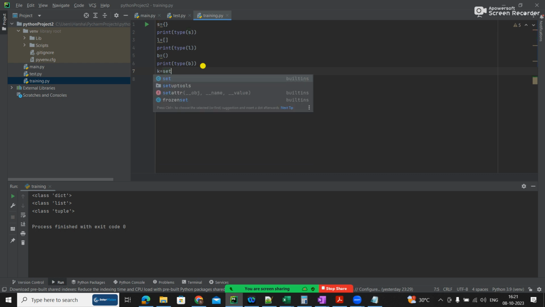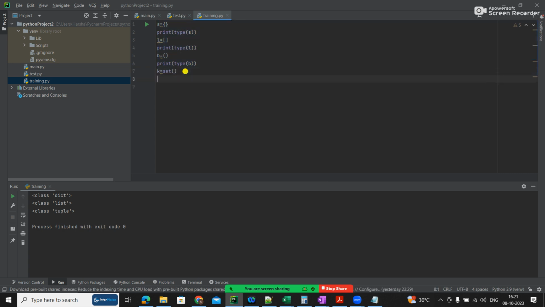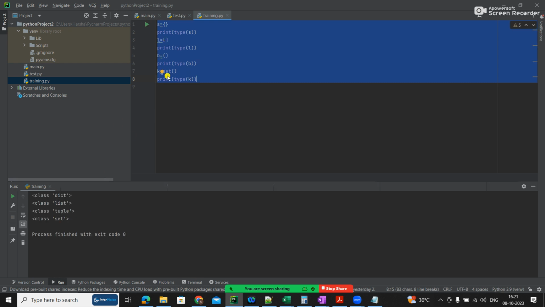If I do k equal to set of this, type of k, and now print this. Now see. This is set, but this is dictionary. Why? Even sets are written with curly brackets only.